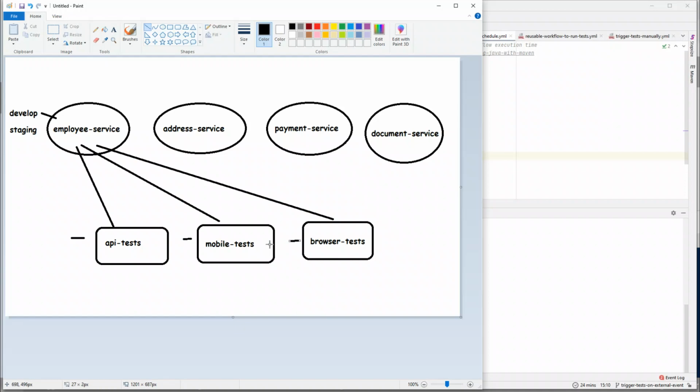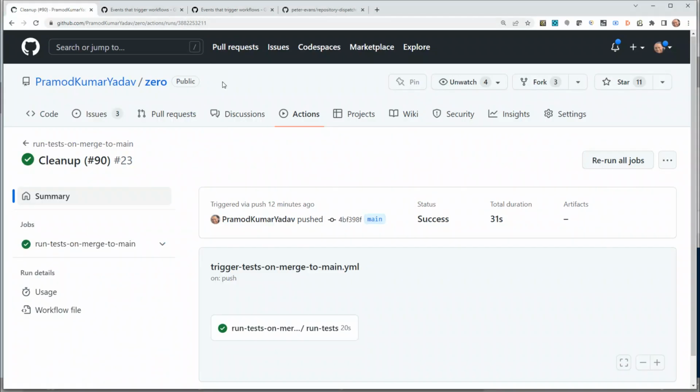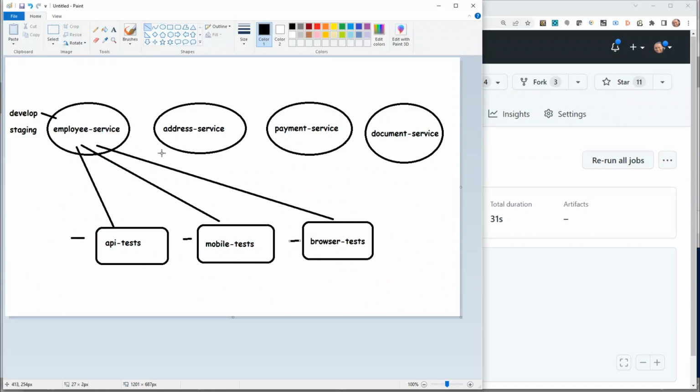Now to do this, let's go ahead and create a bunch of repositories. So in this particular example, I mentioned employee service, address service, payment service. So let's just create two services, and these would be dummy services because the only goal is to show that when a new pull request is created on develop or merged into develop, that's the time we want to run our test. So let's create an employee service and a payment service. So let's go back,